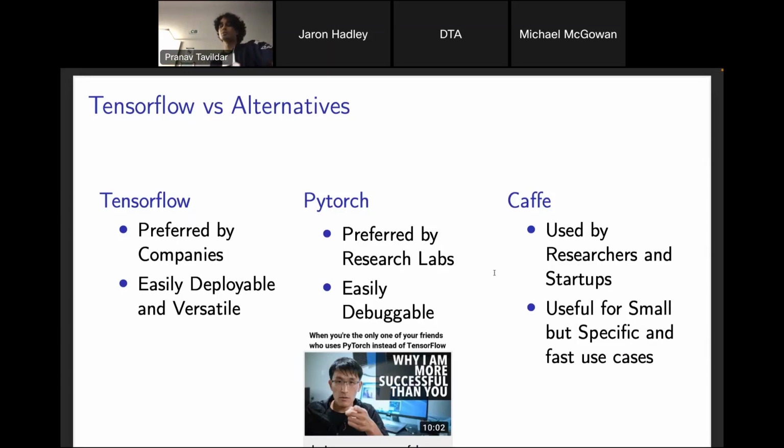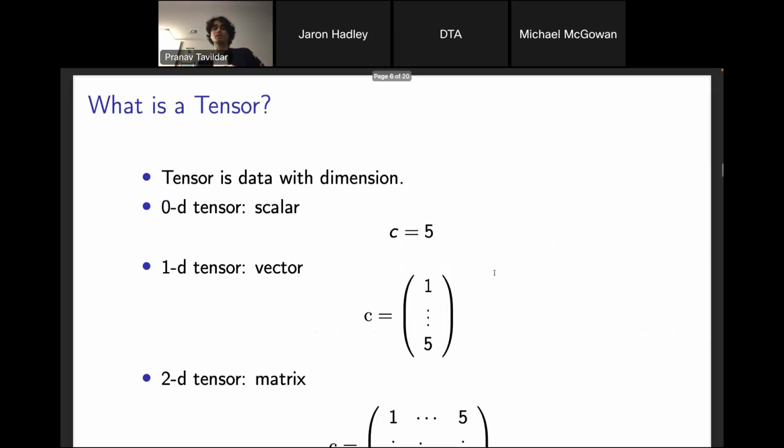But why should you learn TensorFlow? I mentioned the TPU, the Tensor Processing Unit. The biggest advantage of TensorFlow is the idea of a tensor. So what exactly is a tensor? A tensor is just a word for data which has dimension. For example, a zero-dimensional tensor is something that's known as a scalar.